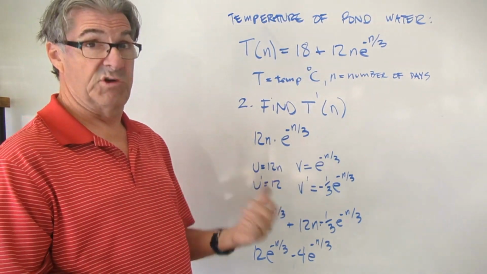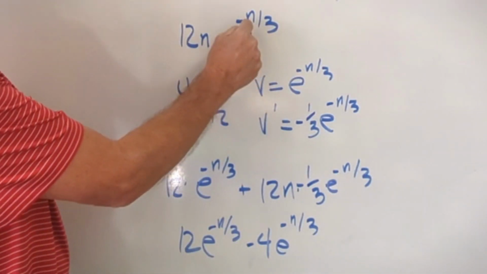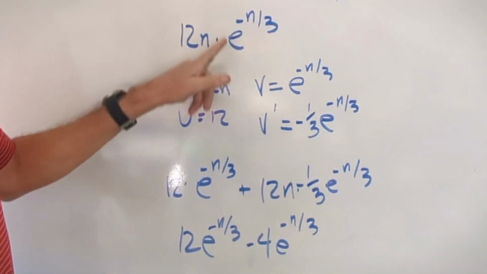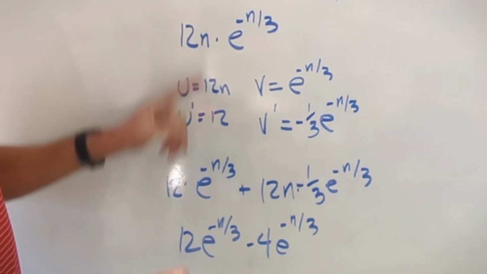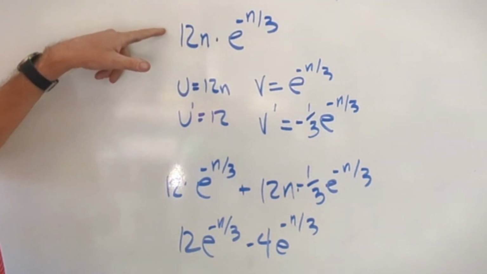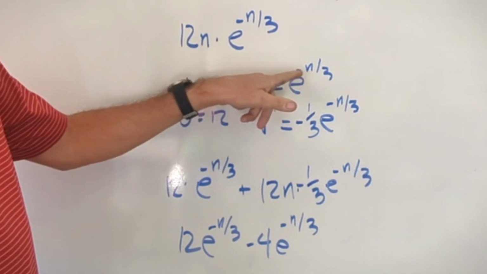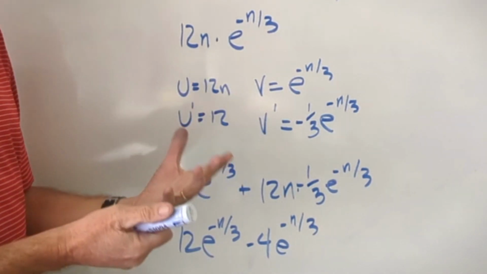What we have is a product rule. We have 12n times e to the negative n over 3. So we have a product rule, and then this one requires a chain rule to find the derivative. So I went ahead and did my u, which is 12n, my u prime, which is just 12, my v, which is just e to the minus n over 3, and then my v prime, I just did the chain